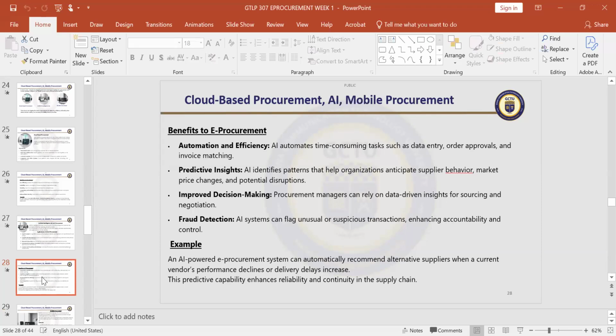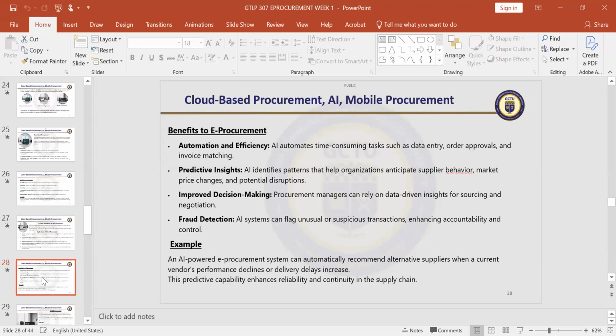Okay, this supplier is best. So far, if you check the records of the supplier, they gave him this order, he delivered it on time, there is no defect rate, the price is also good. So it will be very easy, on a click on your desktop or your laptop or on your phone, you will know all these things, and it will easily help you to make a selection as far as the suppliers are concerned. And fraud detection.